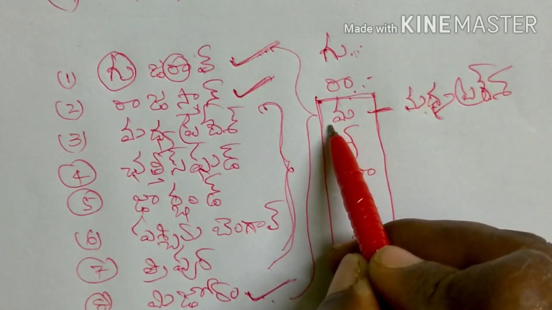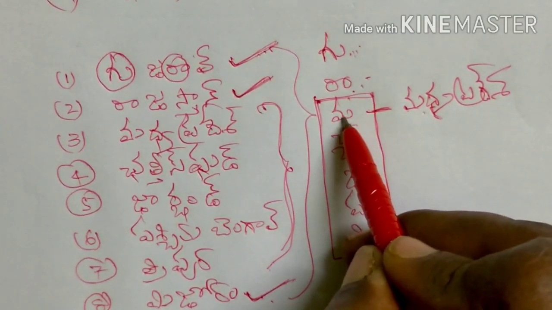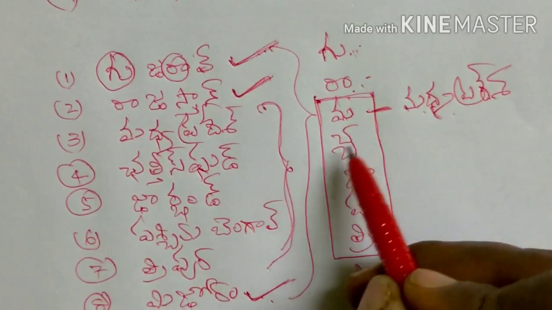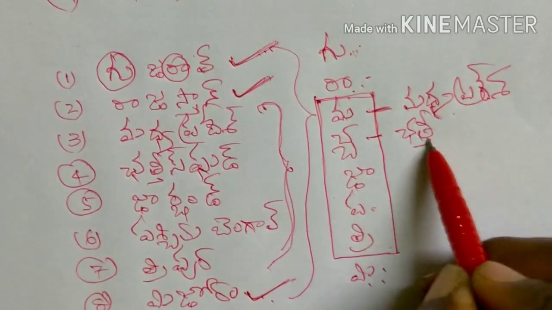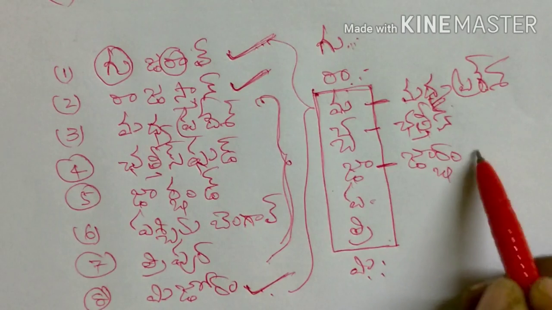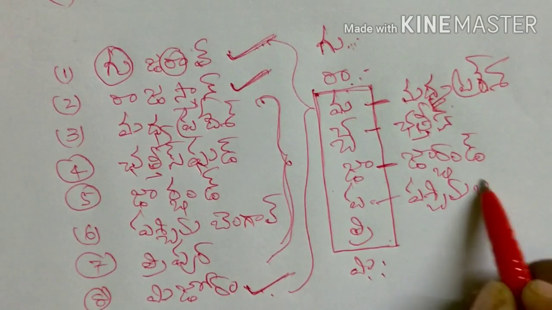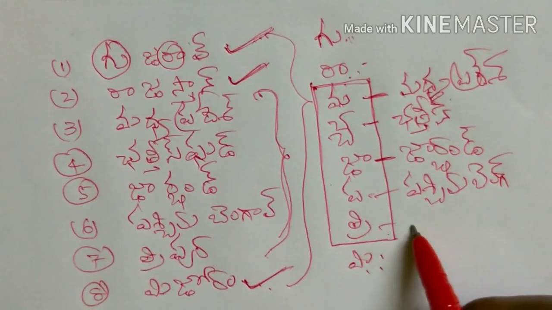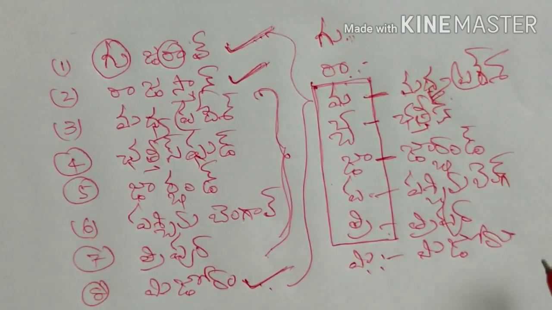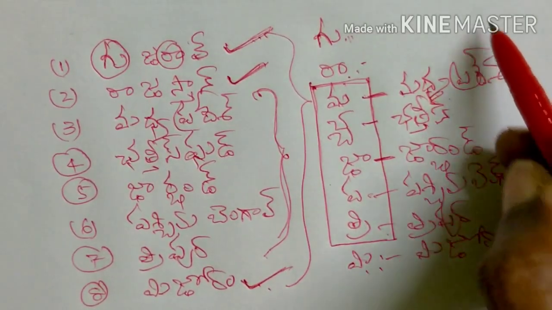Because the Tropic of Cancer passes through the middle of our country. Middle means Madhya. So we can easily remember that Ma means Madhya Pradesh. Cha, Chhattisgarh. Ja, Jharkhand. Pa, Paschim Bengal. In English, West Bengal. Tri, Tripura. Mizoram. This is the memory trick to remember the states in a sequence.